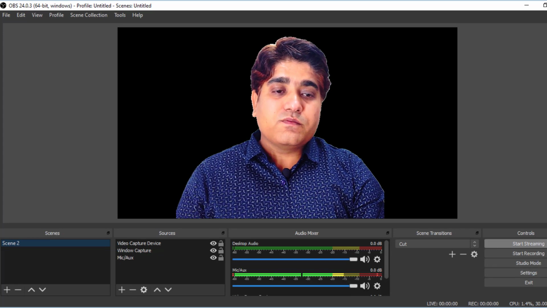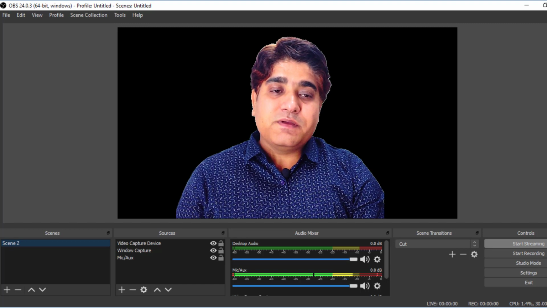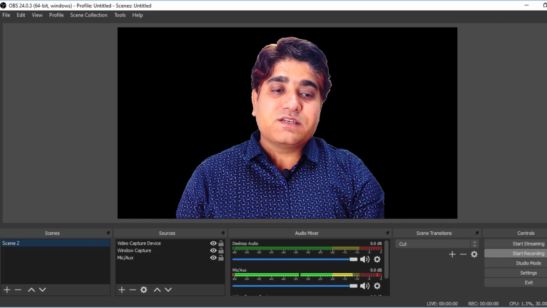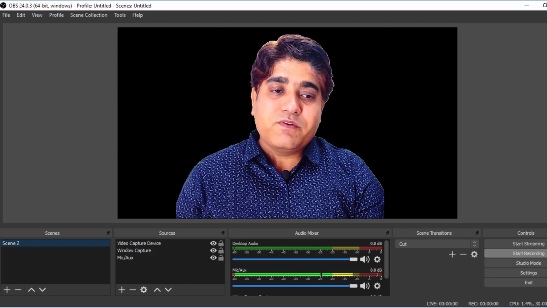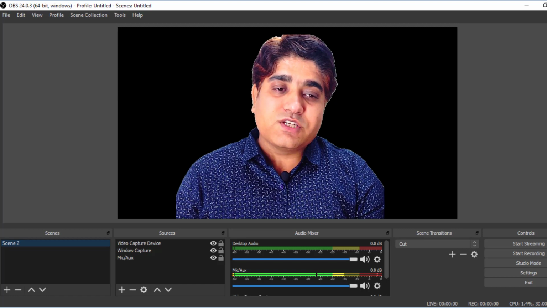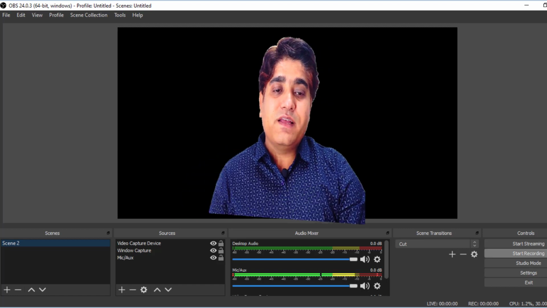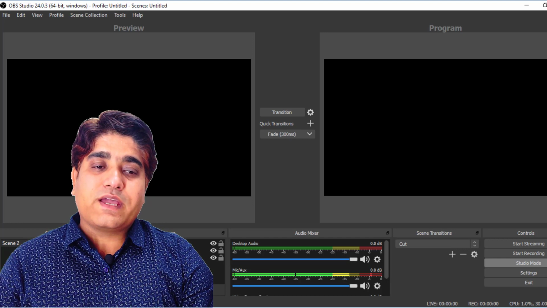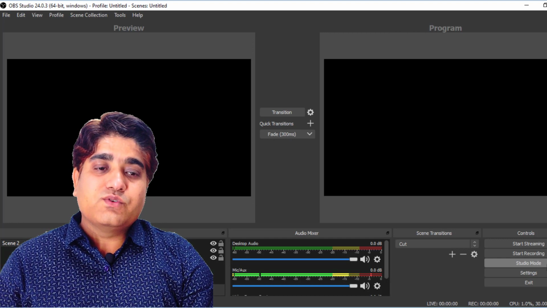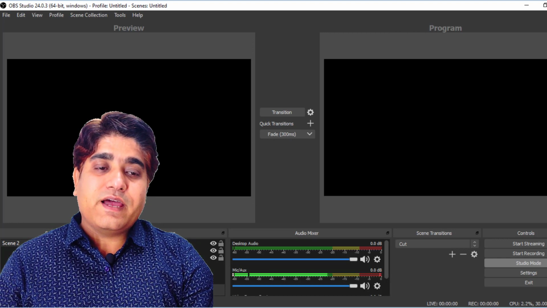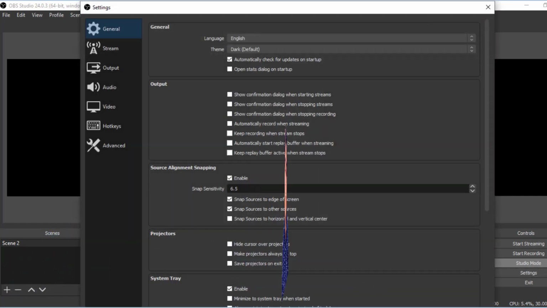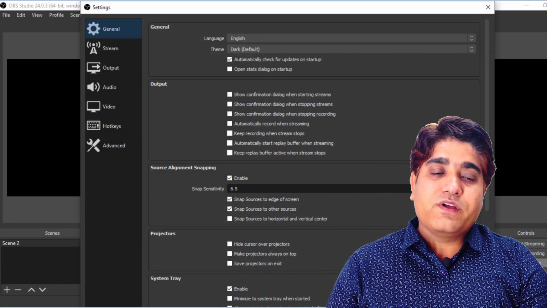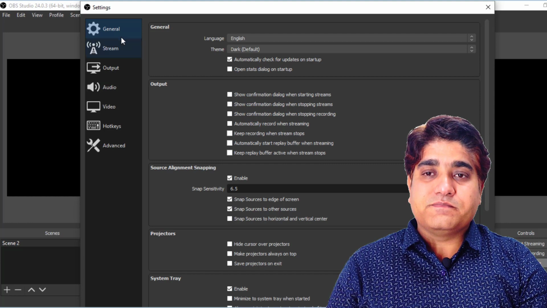If we want to start the streaming, then we will use this button. If we simply want to start recording, then we will use the second button. Similarly, the studio mode can be utilized using the third button, and the various settings of this software can be configured using the settings button.